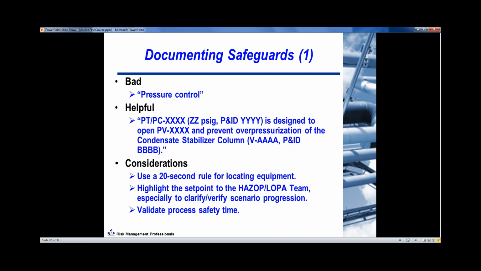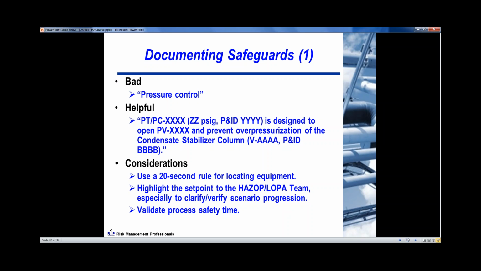If you start with the tag number, it'll pop right up if it's been used before. You can just grab it and make sure that if you're using a function that's a safeguard for multiple scenarios, that it's agglomerated properly and that you can appropriately understand the needed reliability. So that's very helpful if your software package does type-ahead. Again, a patterning and discipline associated with this really helps save a lot of money and improves the quality of your overall